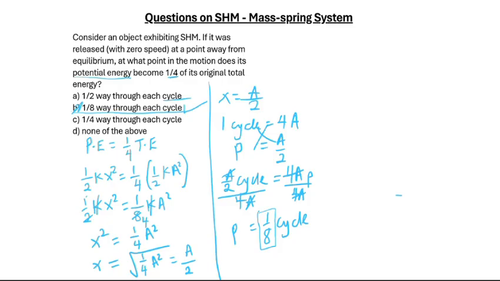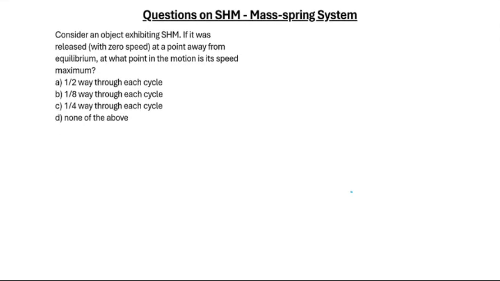Let's move to the next question. Okay, this is the next question. Consider an object exhibiting SHM, if it is released with zero velocity at a point away from equilibrium, at what position in the motion is its speed maximum? Now, you can pause the video and think of it. This type of question does not need calculation. It just needs explanation. For the mass spring system, you know, it's like an object is being attached to it